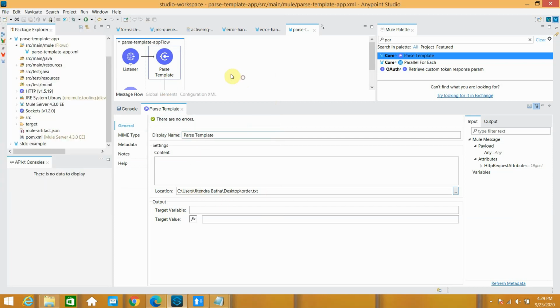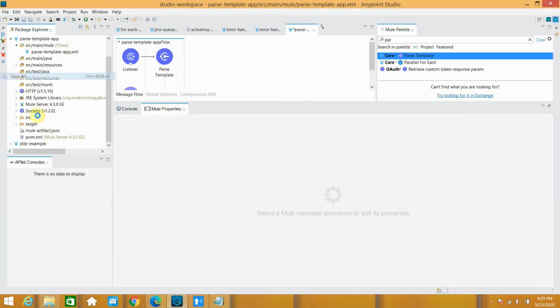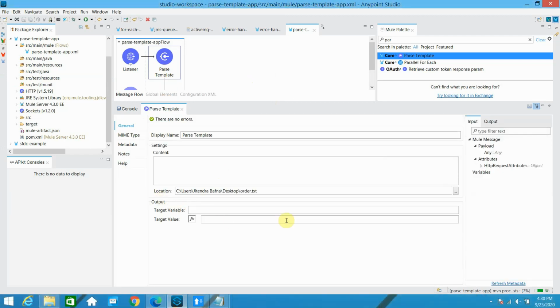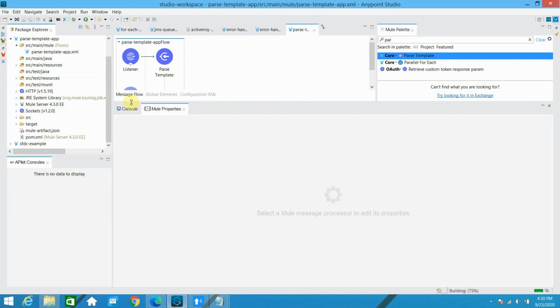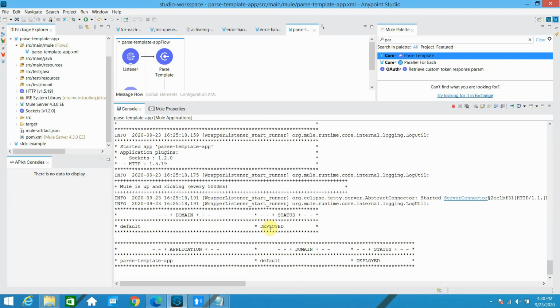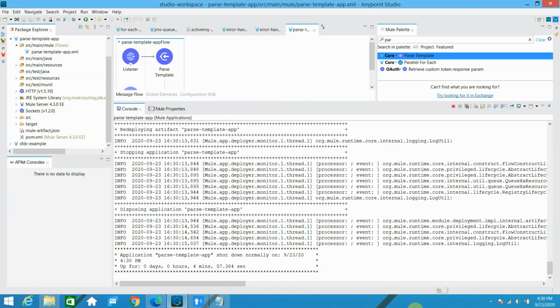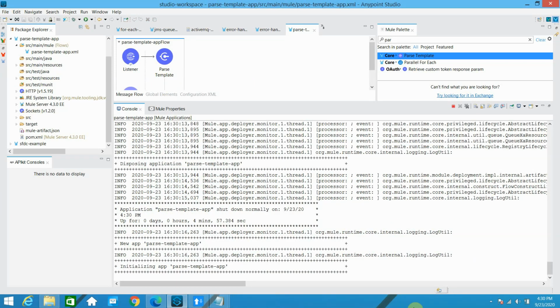I can save it. Also, this is the location. So let's wait while the application is deploying. Hopefully, yeah, it is deploying. Once it deploys, we will test it and let's see what happens.